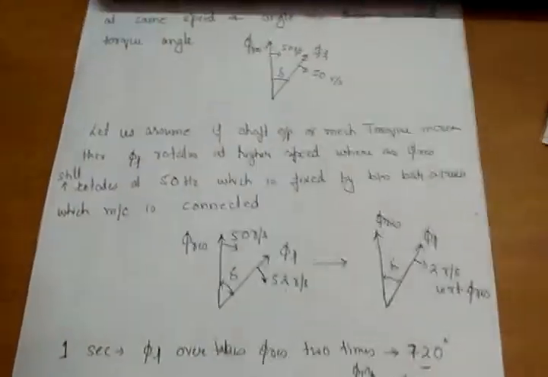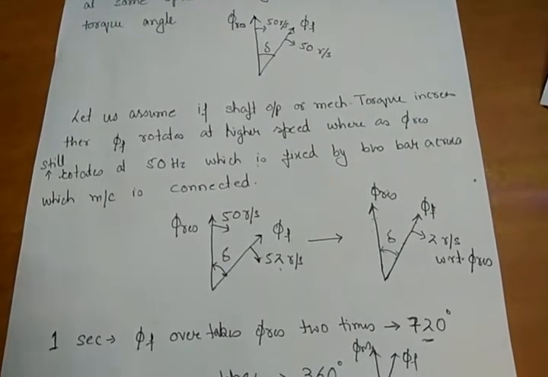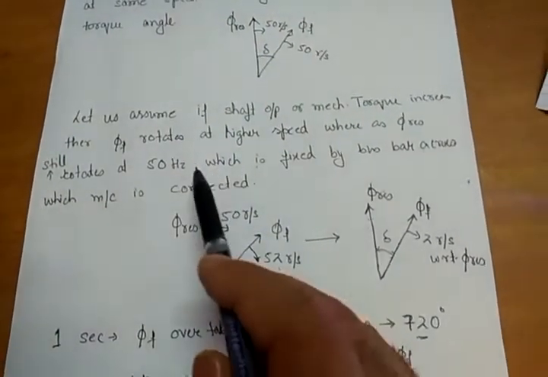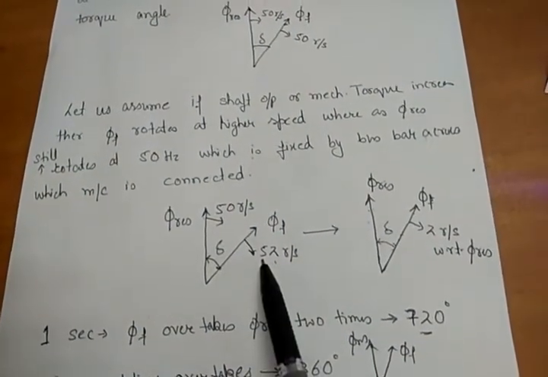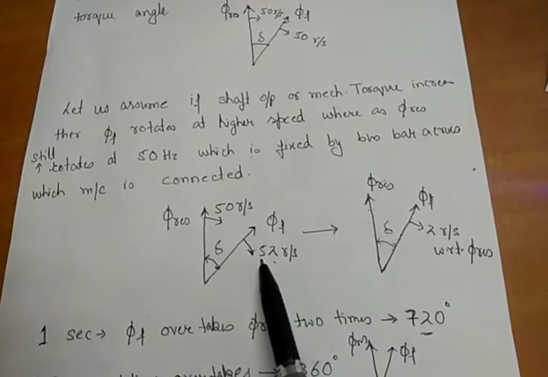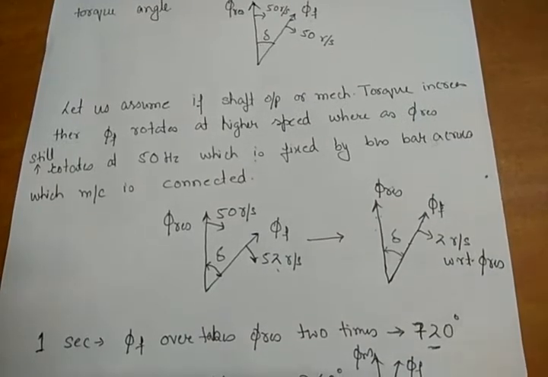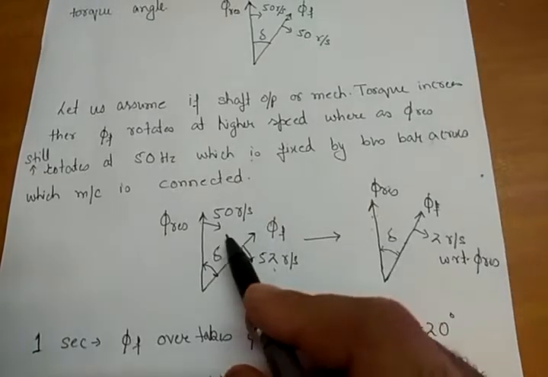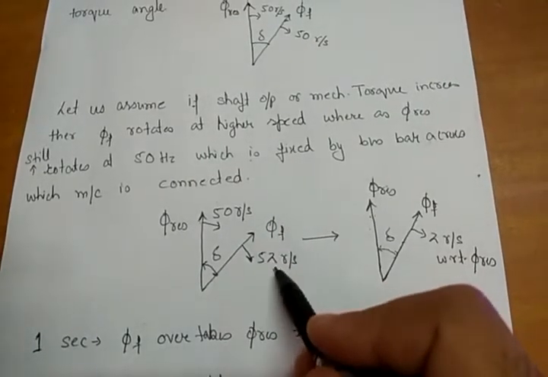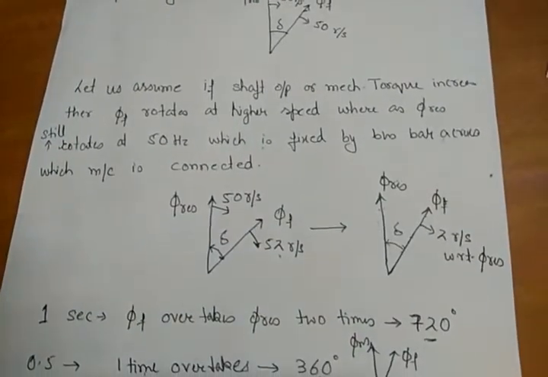If delta is increasing, we will say that the system is unstable. System is unstable and the system may lose synchronism. So even a frequency mismatch of 2 hertz, here I'm showing 2 hertz, can make the system unstable if the mismatch remains there for some time. Okay, if some corrective action is taken and we again bring phi f to 50 revolution per second, then we will say okay, the system is again stable and we have achieved synchronism again.